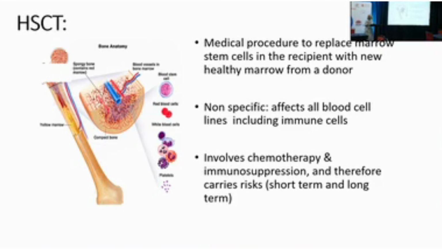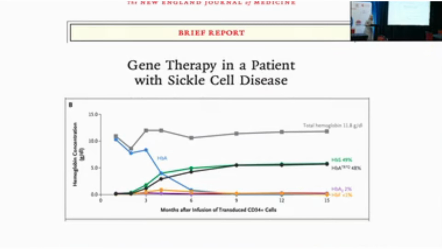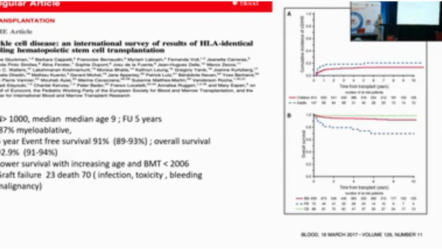The two things I was going to briefly mention are hematopoietic stem cell transplant, and so we know that this is a medical procedure to replace the bone marrow cells with healthy marrow from a donor. It involves giving chemotherapy and immunosuppression, but there's significant both short and long-term risks to consider. Then the second curative therapy is gene therapy in a patient with sickle cell. This is one of the first publications we saw for sickle cell back in 2017,